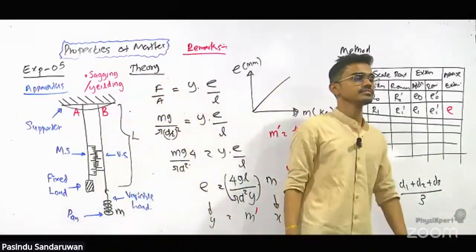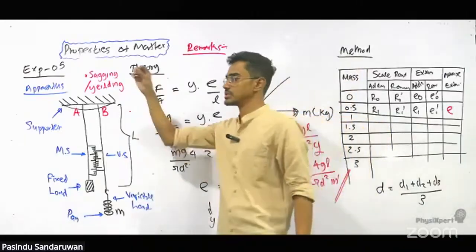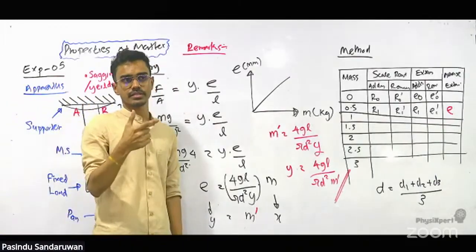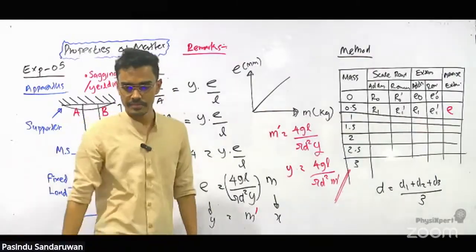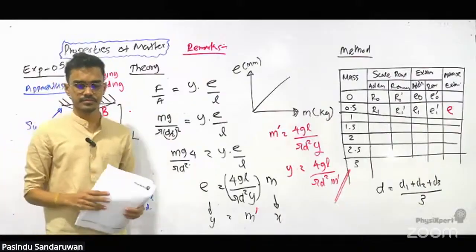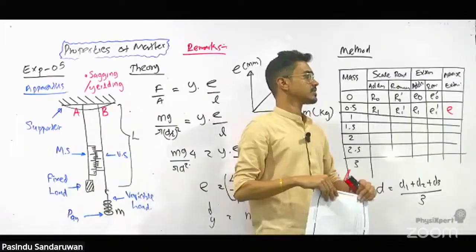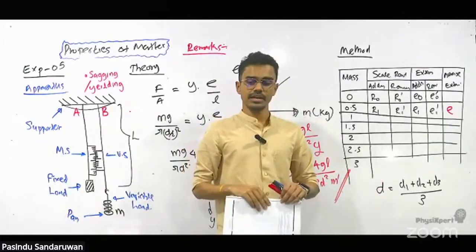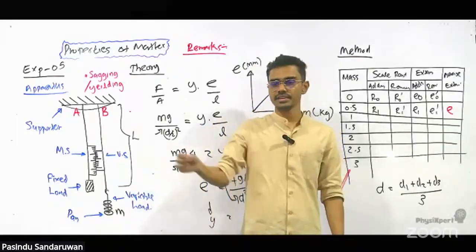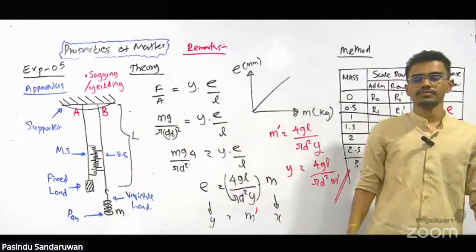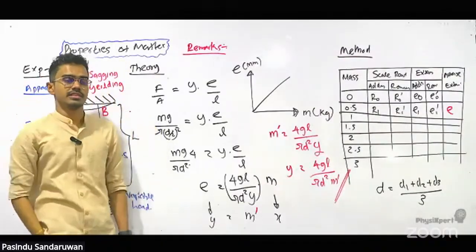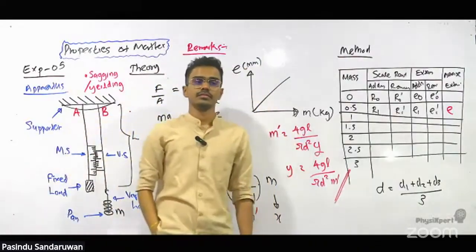Next one. We can make sure the wire is within the elastic limit. Right. Next point. If there's a sudden change of extension noticed when taking readings,